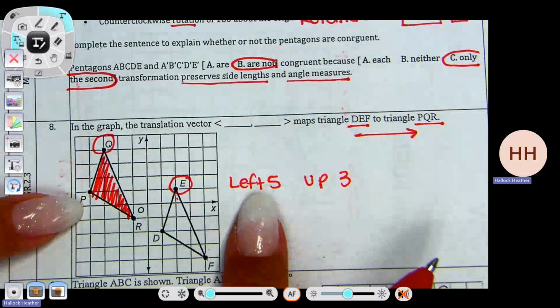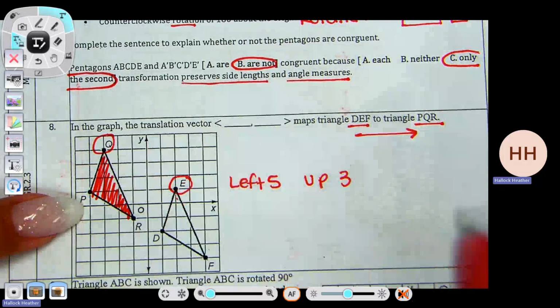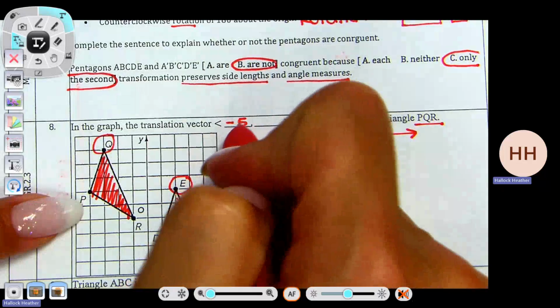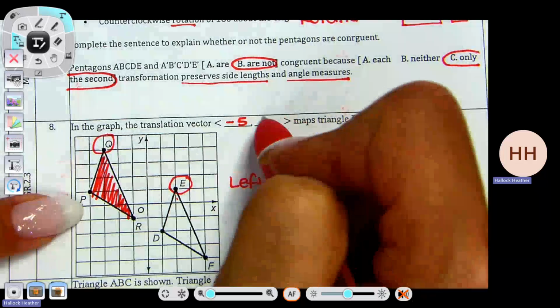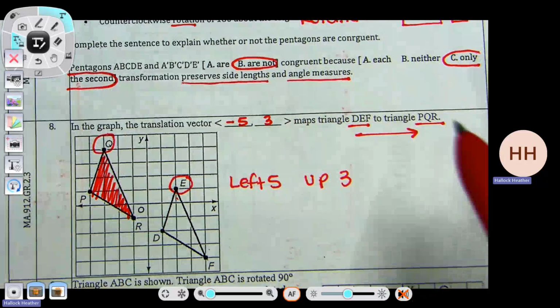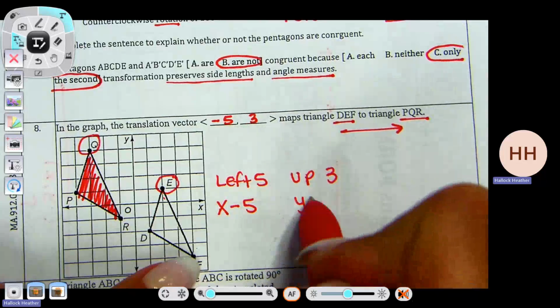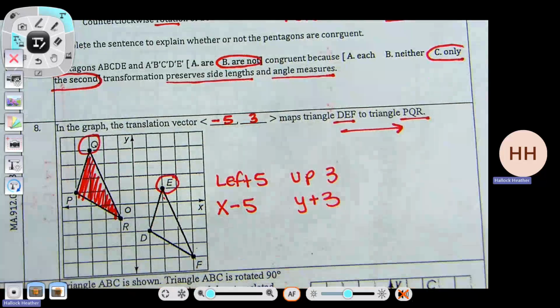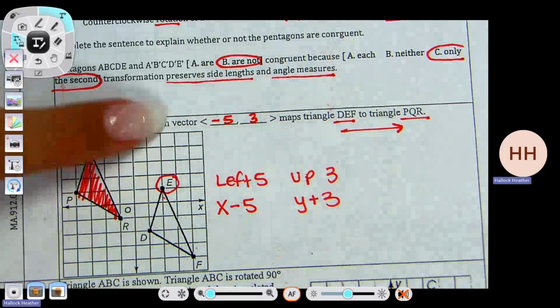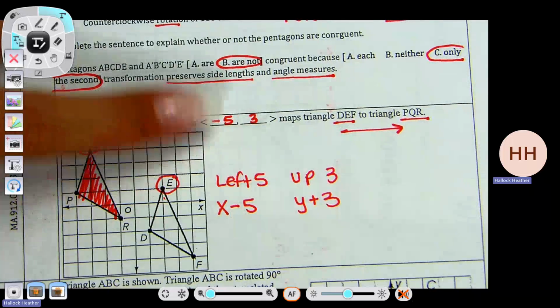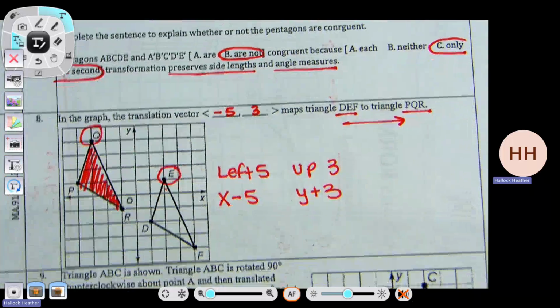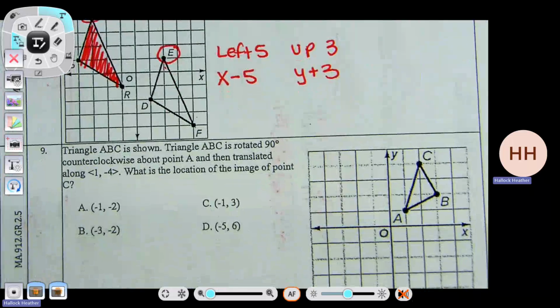So since it's left, that first notation is going to be -5. Up 3 is +3. You are not putting the x in front. X -5, y +3. That is algebraic notation. This one's vector, so you just put the numbers, not the x or the y. For number 9,